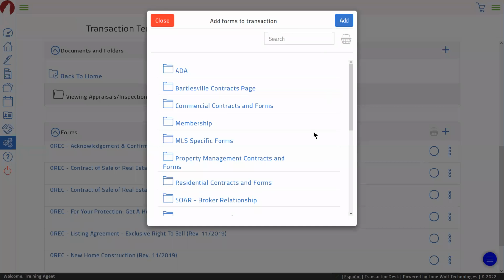And again, I would start off with something that actually includes anything and everything that you could ever need. And then that way, whenever you start your transaction with that template, it adds all of these forms, it adds all of these folders. And if you don't use them, it doesn't matter. That's the end of it. You just have them there. If you don't fill them out, if you don't send them off to be signed, no worries.